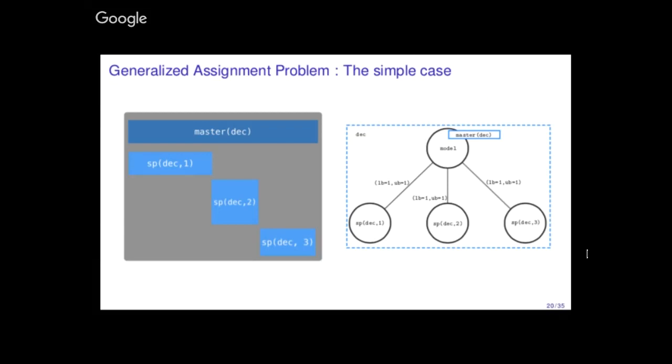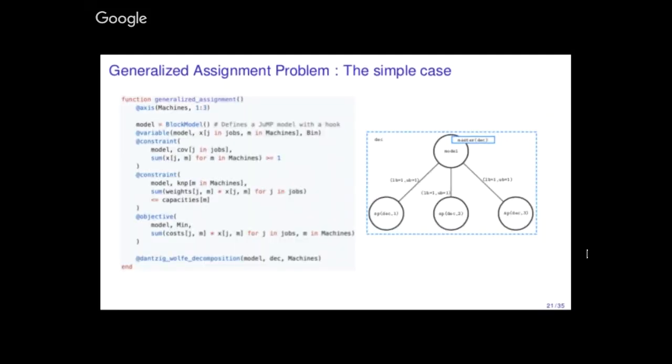So you have your original model, you have your decomposition, let's say deck, and you have your master and subproblems, one for each machine, linked together. And this is the information that Coluna uses to know which structures to solve each time. So the code that generates this, I hope you can see, actually from here, from the model definition